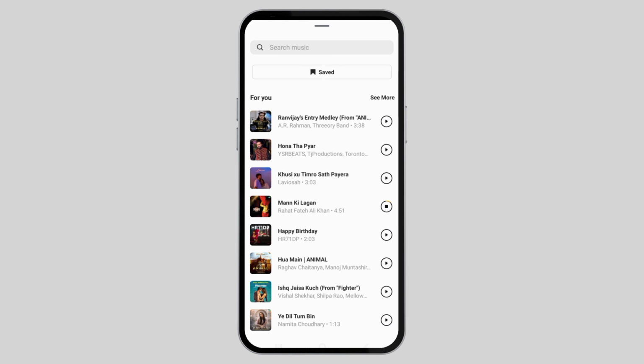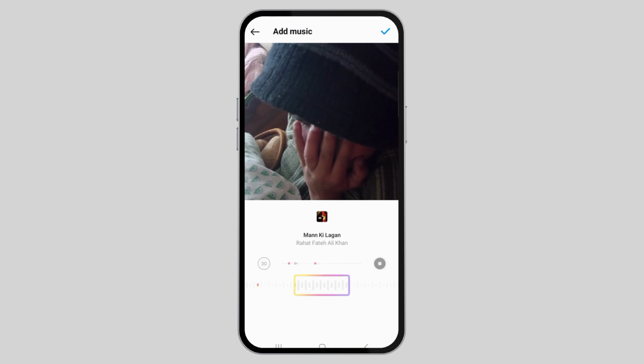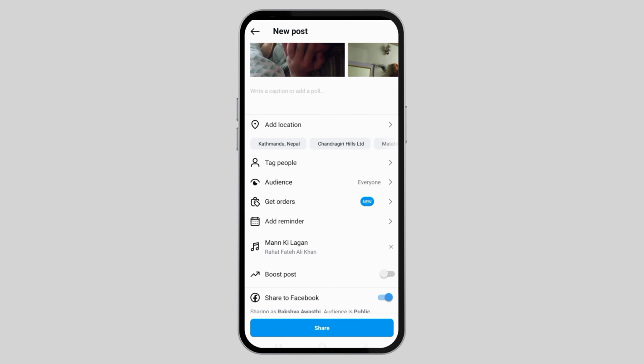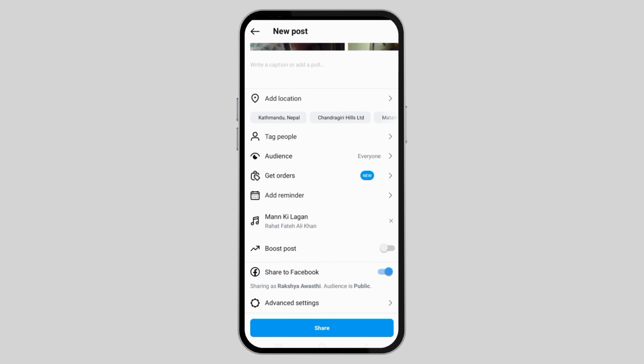After tapping on the music that you would like to post, now you will see an interface like this, and there will be shown a portion where you want to post the music. You can put any of the portion of the music that you would like to post. After that, you can go to the option of share if you would like to share the very post, and this way your post will be